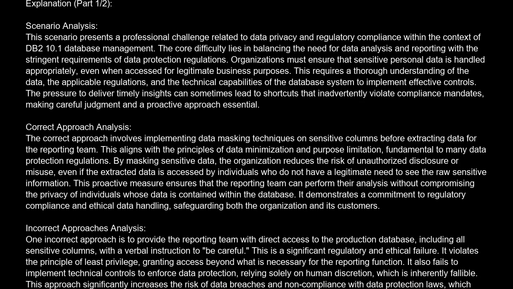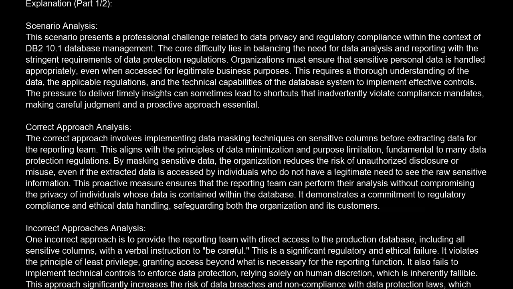The correct answer is C. Implement data masking techniques on sensitive columns before extracting the data for the reporting team. Explanation. Scenario analysis. This scenario presents a professional challenge related to data privacy and regulatory compliance within the context of DB2